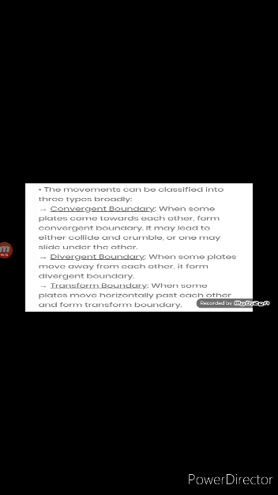Children, broadly, these plate movements are classified into three. They are convergent boundary, divergent boundary, and transform boundary. In a convergent boundary, the tectonic plates move closer to each other.